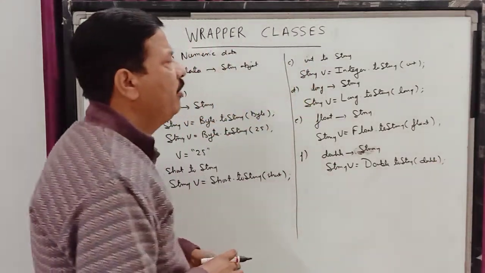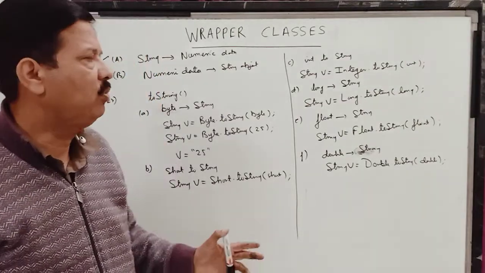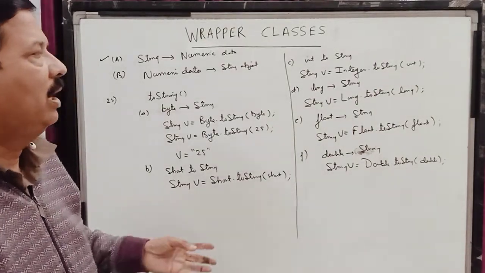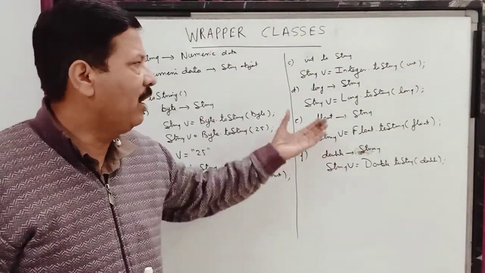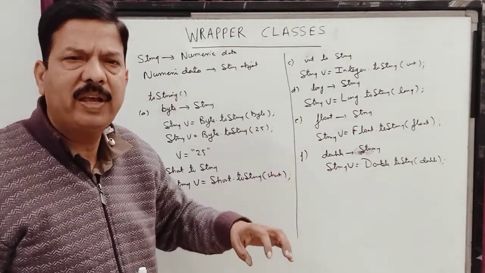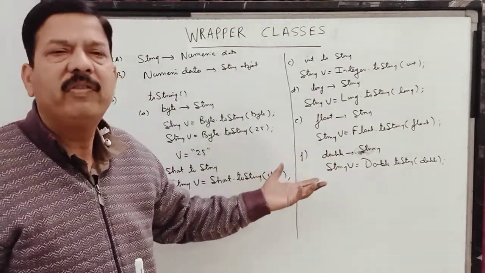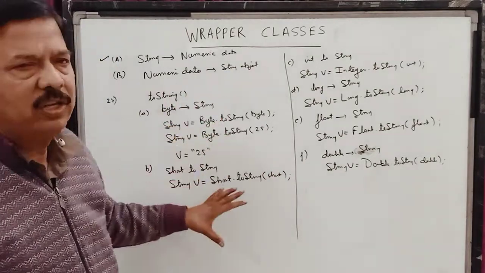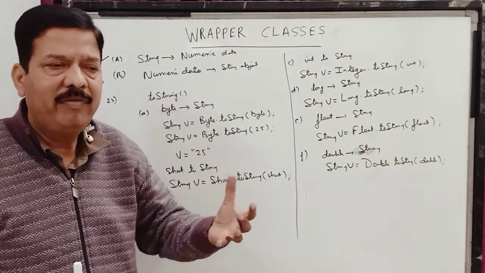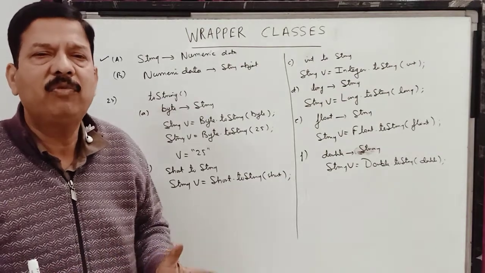Now children, a question comes, why are we going to convert these integer values to string objects? The reason is, if you want to apply some string functions on it, you can only apply them on string objects. So before applying that, we are going to convert it into string objects. Then I can apply any other function like toUpperCase, toLowerCase, length, and I can do these in different programs if required. Now children, here I have finished my string functions. The next function which I gave you in the table was the string buffer function, but looking at the reduced syllabus, the string buffer function has been removed this time, so we will not do that.